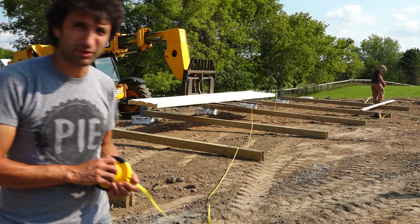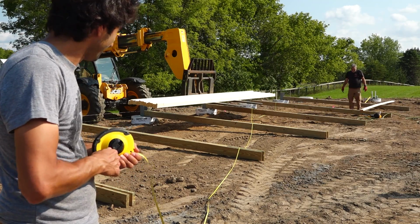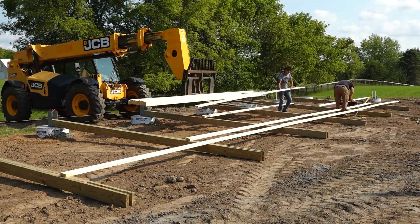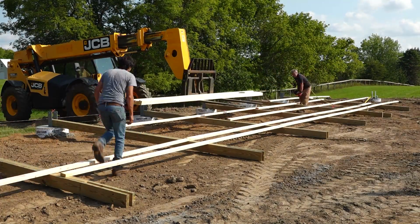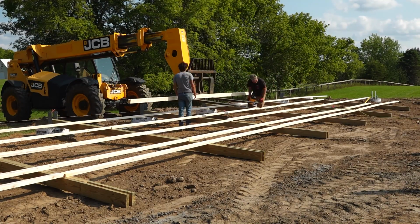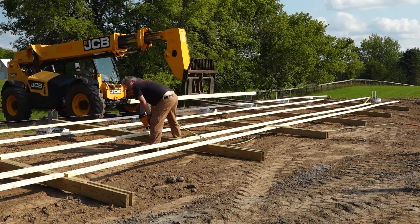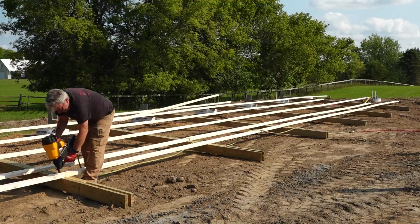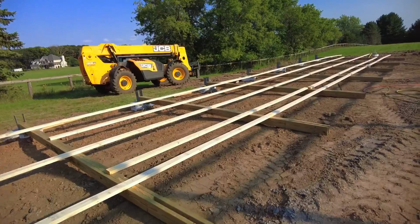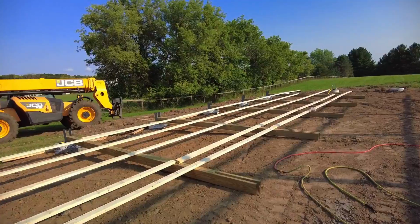All right, posts are all spaced out as they needed to be. So now we're going to go back with the girts and get those laid out and nailed on. So the second sidewall is all nailed off and ready to go. We have our division space in the middle here, so we can pick this in 2 sections as we did